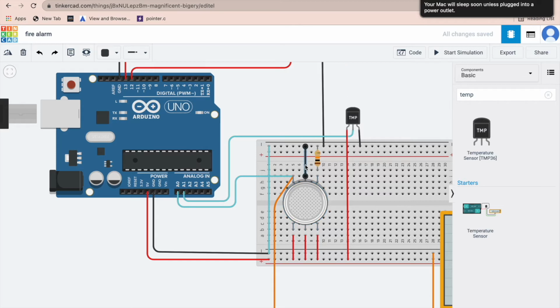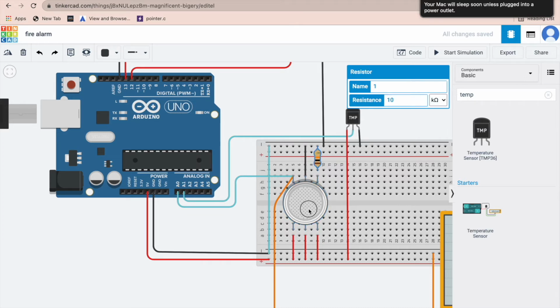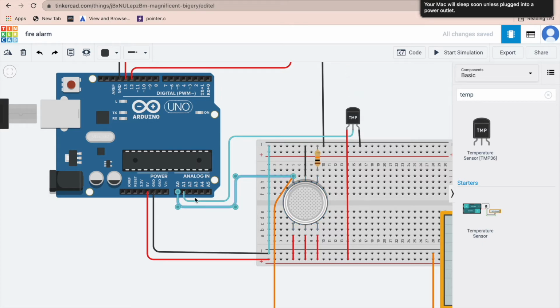One is directly and the other one using this 10 kilo ohm resistor. This is used to prevent the breakdown of this gas sensor due to the flowing of current. Now the third terminal is connected to the analog pin A0 of the Arduino board, to take the output of the gas sensor.